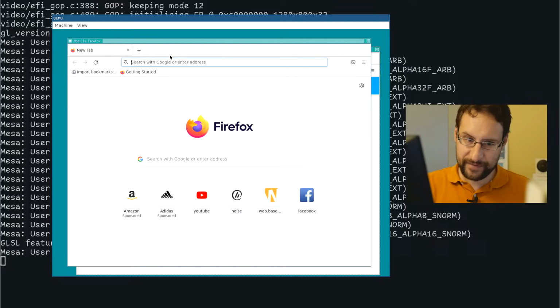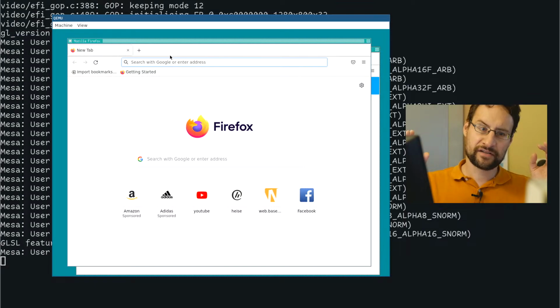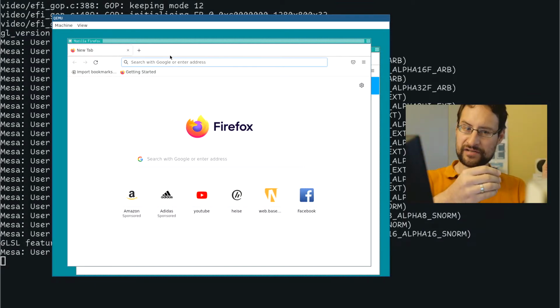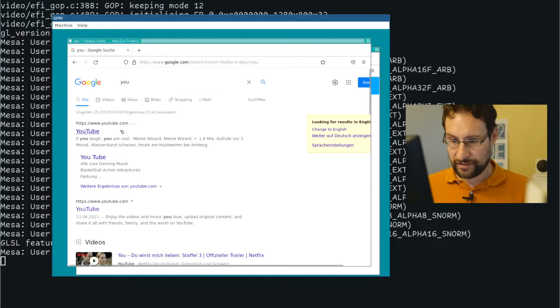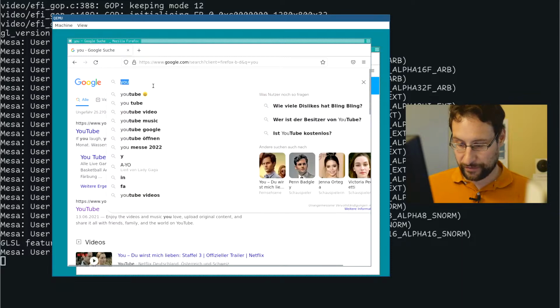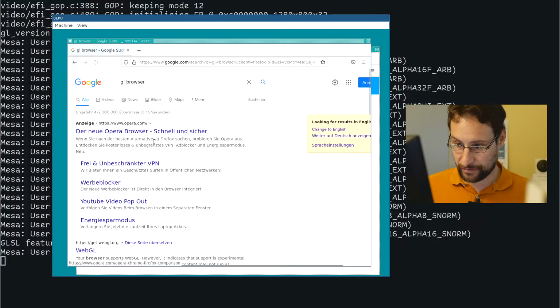So I have no idea what, I mean, the crazy complexity of all the 100,000 pieces of millions of lines of code from Rust or C++ need to come together, and then it fully works, right? I'm currently even running this GL browser with virtio GL.